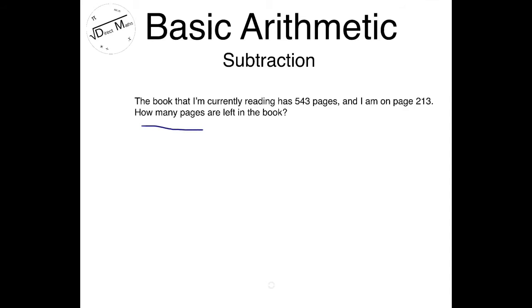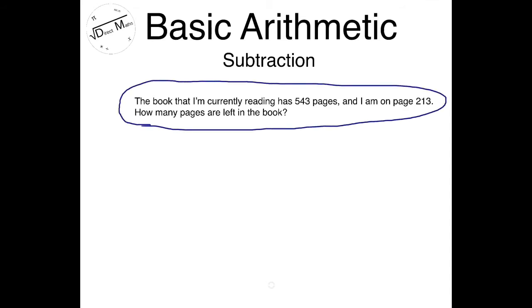The book I'm currently reading has 543 pages, and I'm on page 213. How many pages are left in the book? So we're going to set out this problem exactly as we did in column addition, but with one small change. The plus sign is going to change to a minus sign, and the larger number goes on top because we're taking away the small number from the bigger number, because we want to find out how many pages are left in the book. So 543 on top,